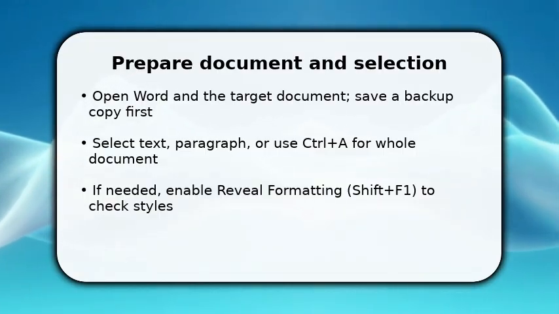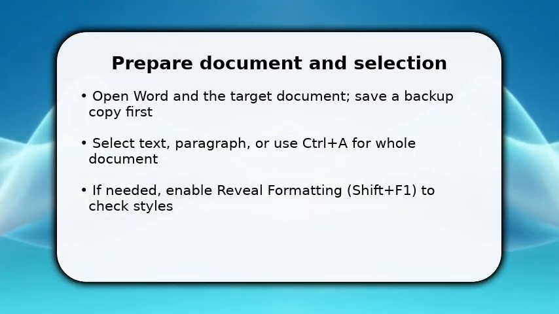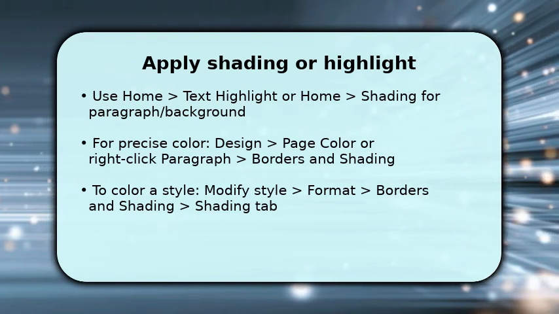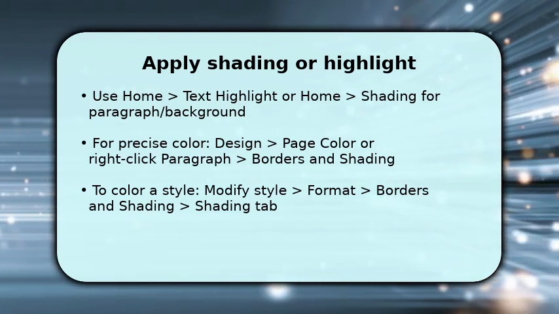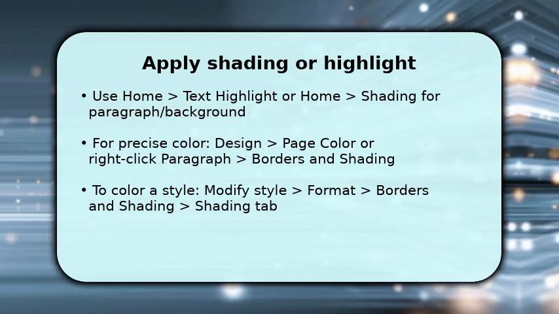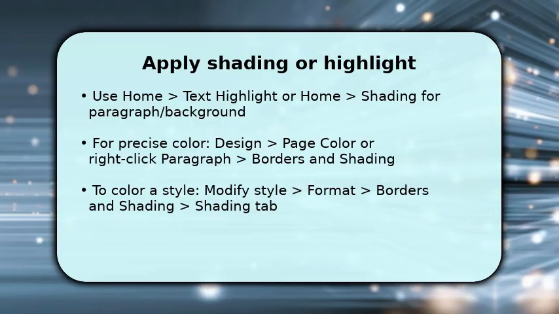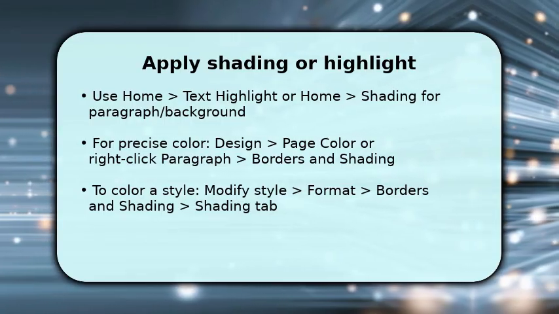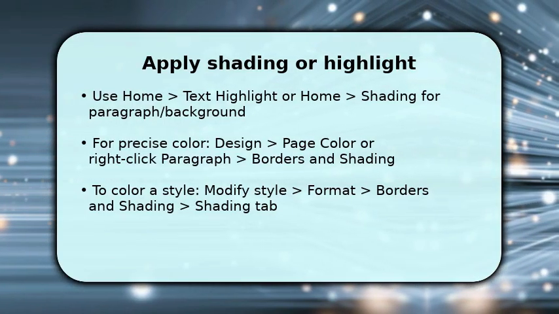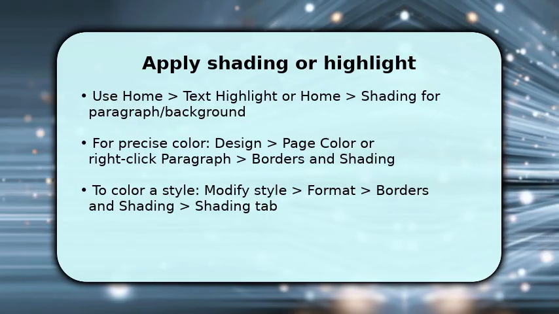So choosing the right selection ensures the change sticks where you next apply the color using the tool that matches your selection. For quick word-level color, use Home Text Highlight. For paragraph background, use Home Shading. If you need a page-wide or custom hue, go to Design Page Color. For exact control, right-click the paragraph, choose Borders and Shading, then the Shading tab to pick Fill Color and apply